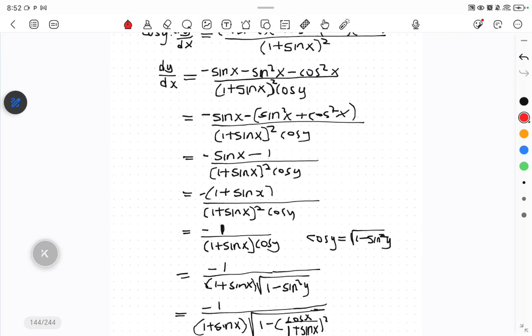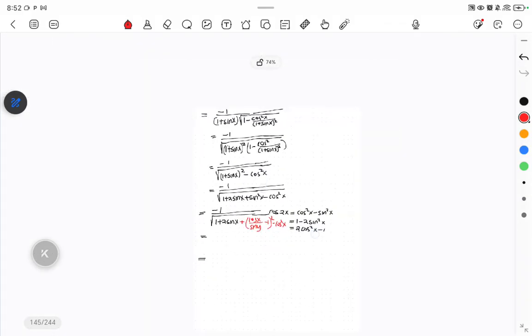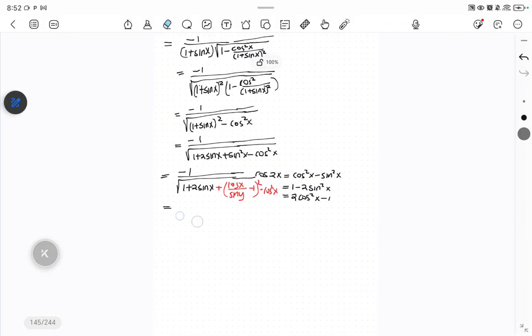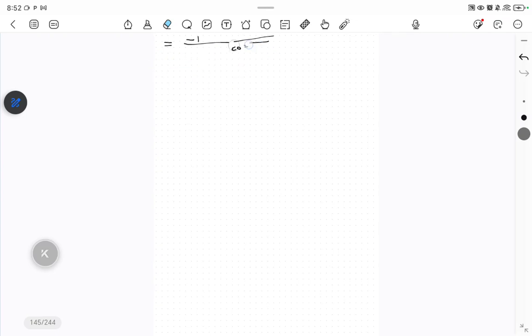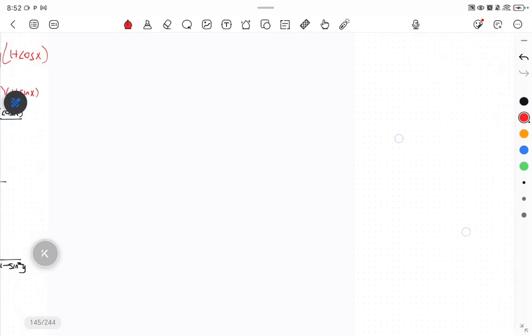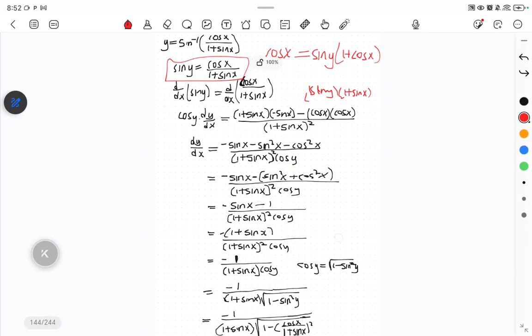I think if I would have done that here, then 1 plus sin will cancel. So let me do that here, because if I do this, it's going to be too long. I don't want to write. I'll end up using a lot of properties that you won't remember when you're writing a test, so it will be useless. So from here I can copy this,